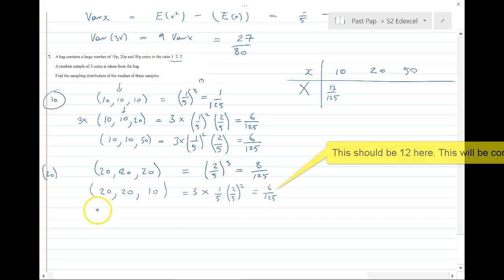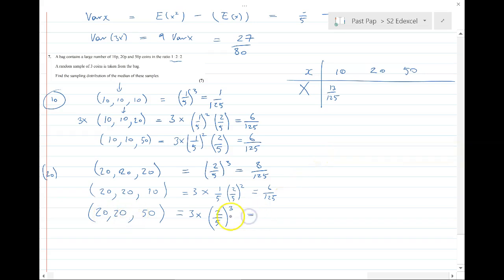Okay, but we could also have 20, 20, and 50. That equals to, again, now 20, 20, and 50, that will be, because each one of these now will have a probability of 2/5. But again, it can happen in 3 different distinct ways, because we've got 50 could come in any order. So that is going to be equal to 8 times 3, 24